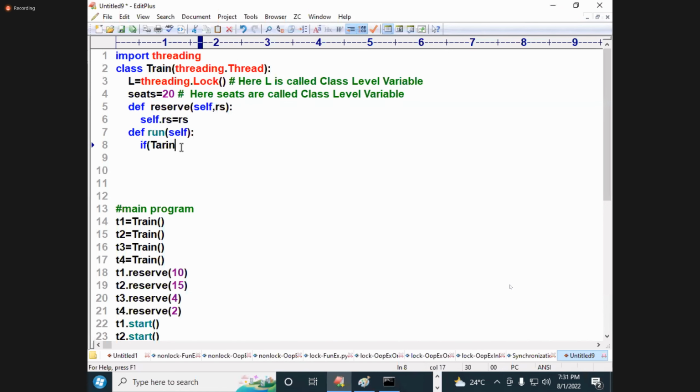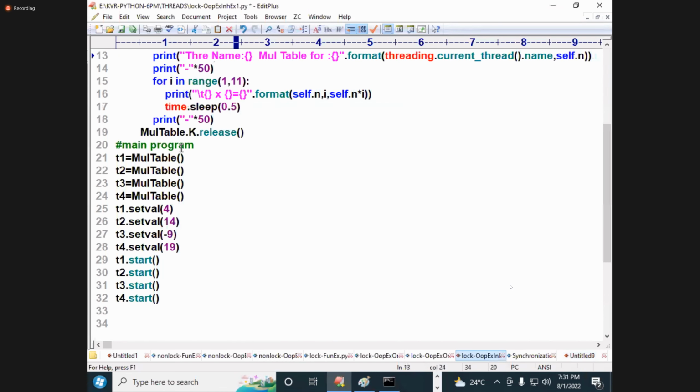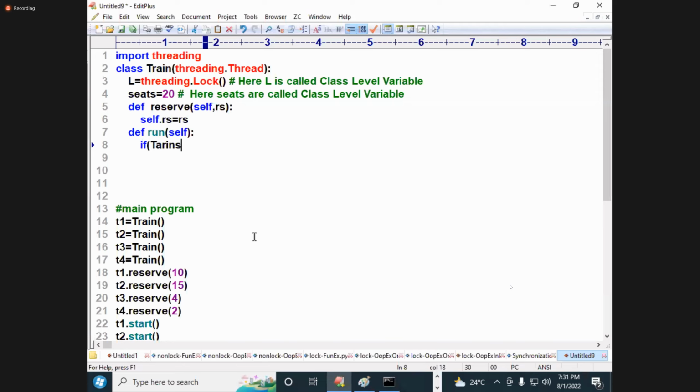Train dot train. Back to this place. Train dot, actually, OOPs with inheritance is little important. Train dot seats, train dot seats less than self dot rs,